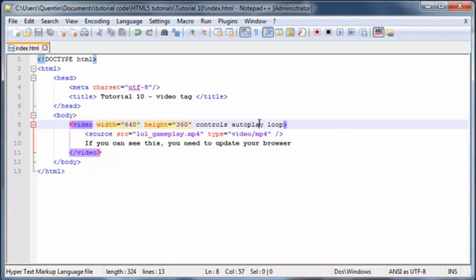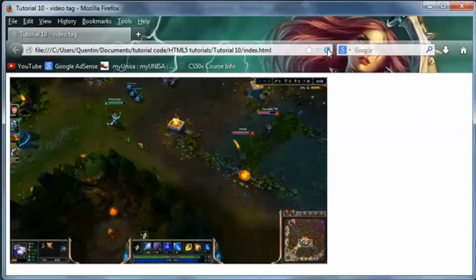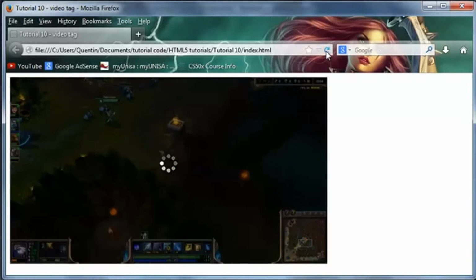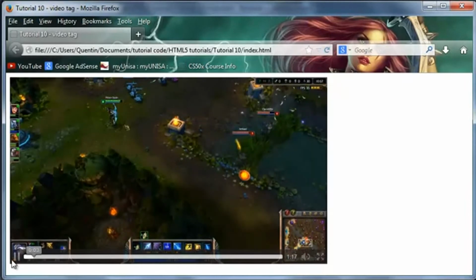But autoplay on YouTube, if you click on a video, usually the video always plays automatically. So they would be using an autoplay attribute on their videos. Let's go back to Firefox now, and when I click refresh, because we've got the autoplay attribute, this video will start playing as soon as the page has loaded. So let me click refresh, and as you can see,